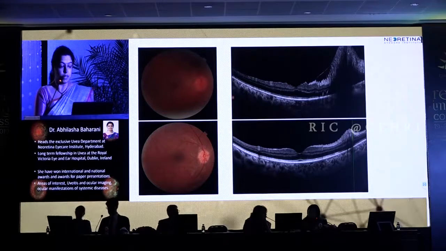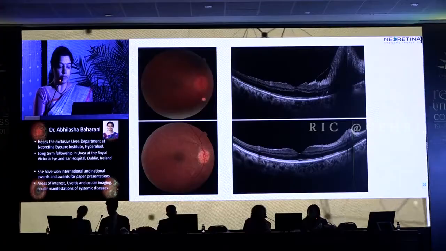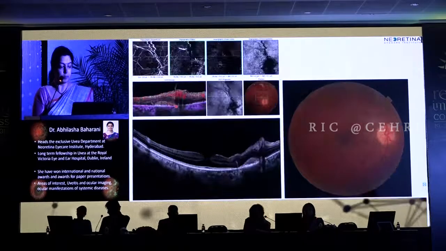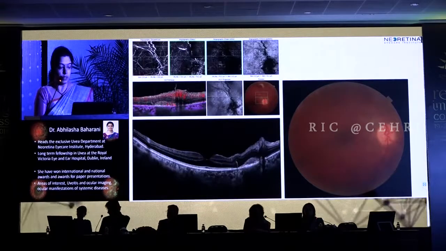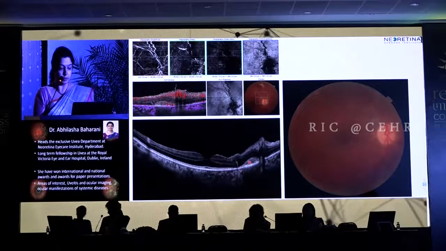This is my last case. This is a case of choroidal granuloma of the optic nerve head because of tuberculosis, and this healed well with treatment. This patient came after 2 years, just for a routine checkup. He did not have any loss of vision, and again you see a hemorrhage there, and there is neovascularization, and you are seeing this abnormal flow over the RPE. Now with treatment, there is certainly decrease in the flow and no fluid here.